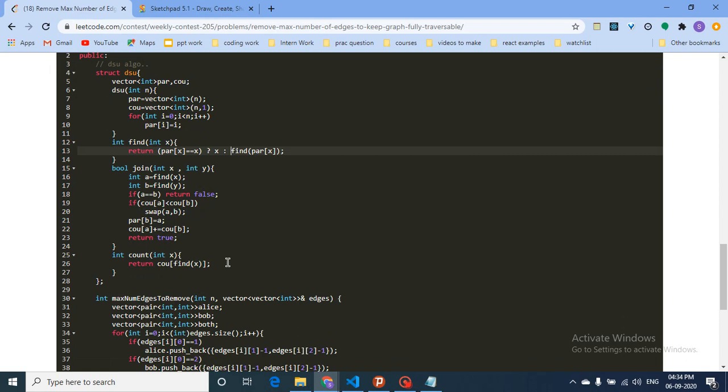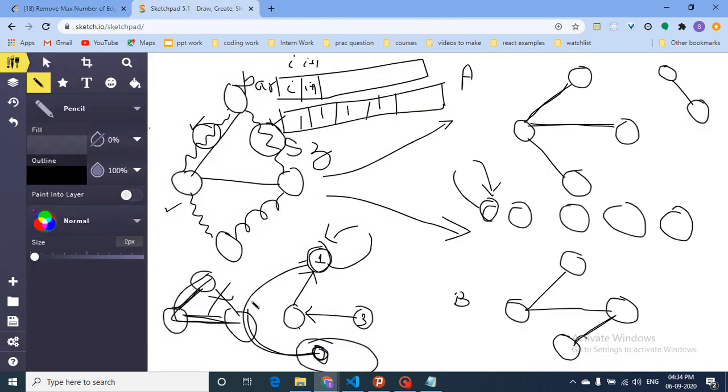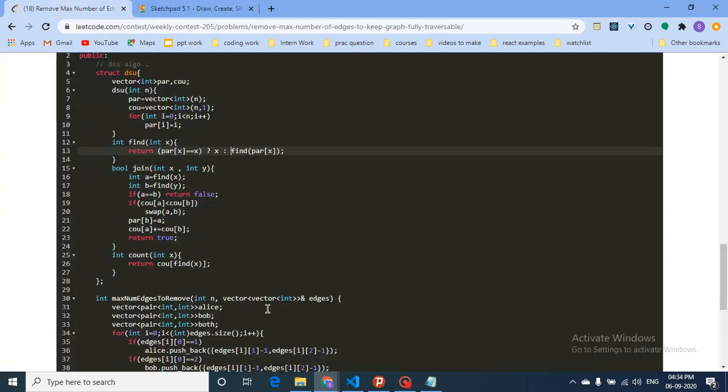And then this is the count function. Count will find out the count of that whole component size. The component size is stored at the parent. So if I want to find out the component size of 3, the size of this component is stored at its parent. So we first have to traverse to its parent and then find out the size of this component, because the parent only stores the value. So traverse to its parent using this function and then find out the count of that parent, and join is used to join two nodes.